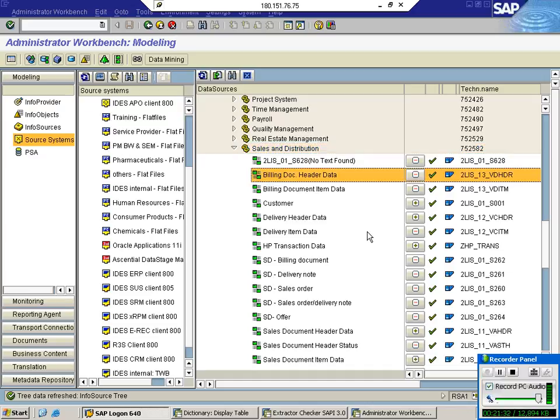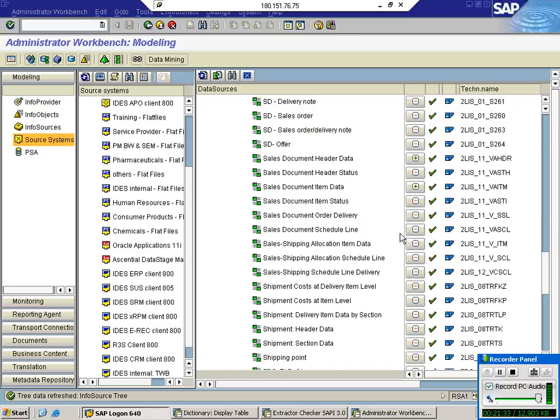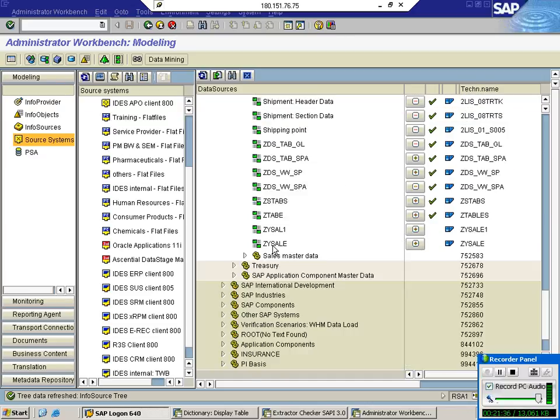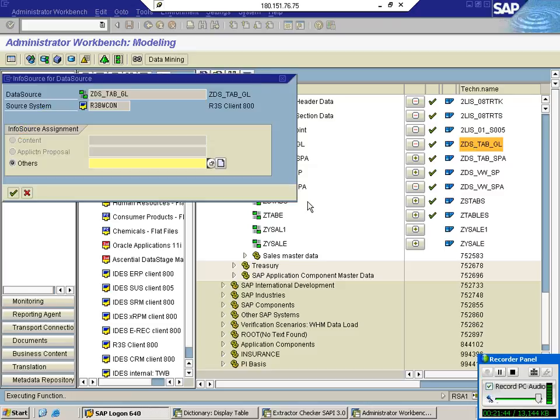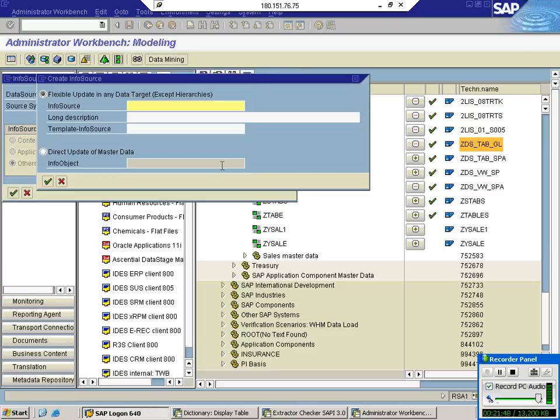So it's done. So this is our data source, right? Right click. What is this? So we have to go by other. Since it is a generic data source, click on create.